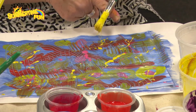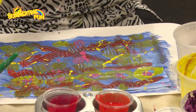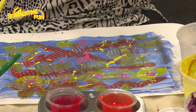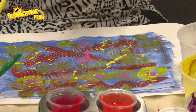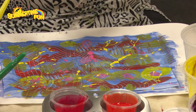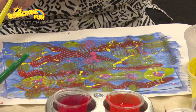Just like that. I like the way that's turning out, don't you? Then I'm going to put the yellow back in here, and I'm going to put the yellow here, and I think I'll try some purple. And my purple brush is right here. And see how thin it is? It drips. And remember, we're not going to do